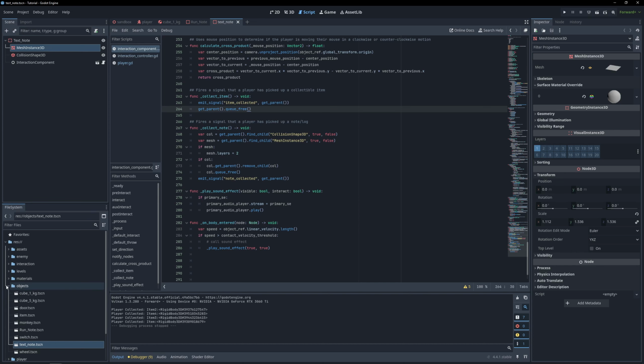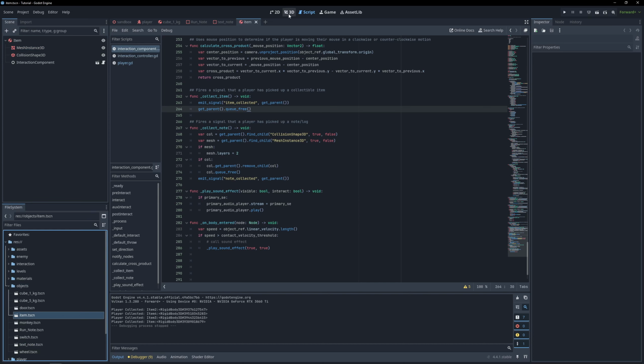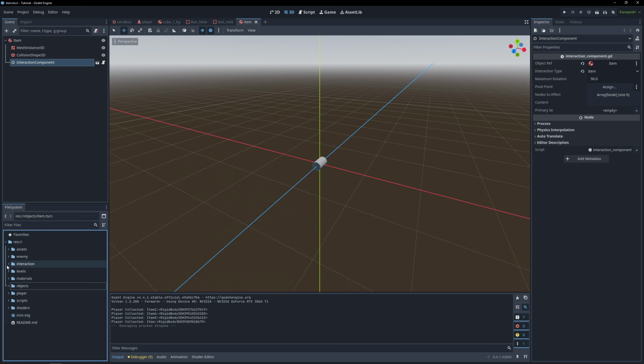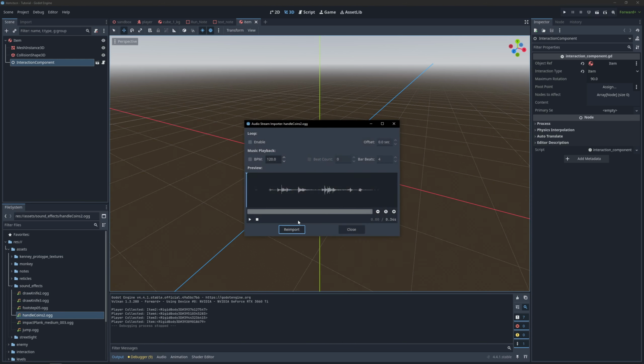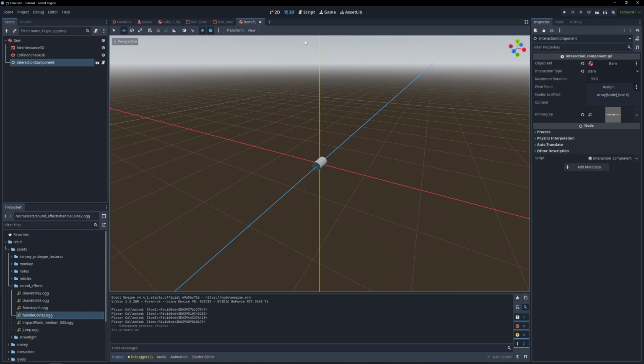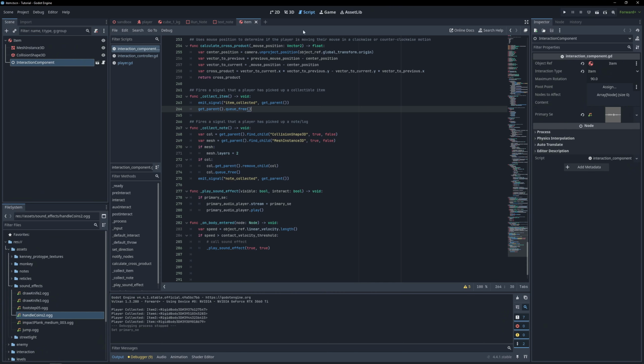So let's go ahead and go into our objects, open up our item. And if you click on the interaction component, you'll see that there's now the option to set a sound effect. If we go into our assets, our sound effects, and I chose this one here. Sounds like you're picking up a set of keys or something, but it says handle coins. It doesn't seem like that good of a sound effect for coins, but if you go ahead and drag this in here, go ahead and save, and now go back to our script,